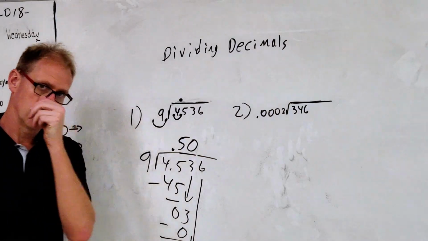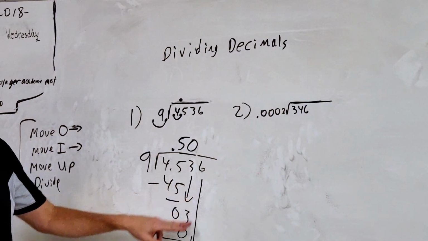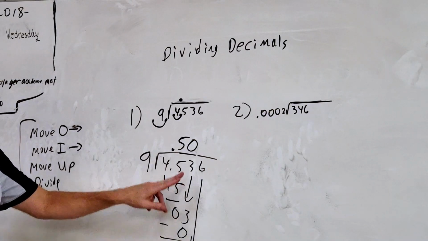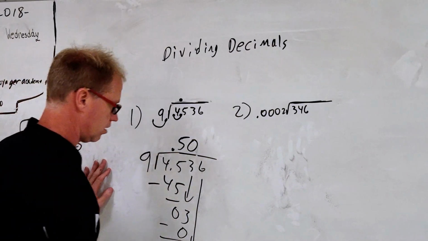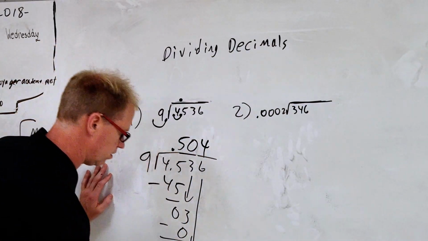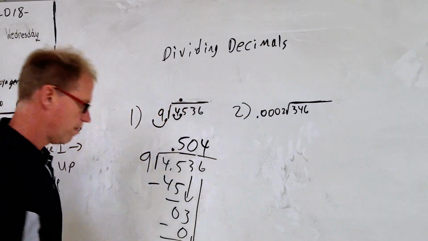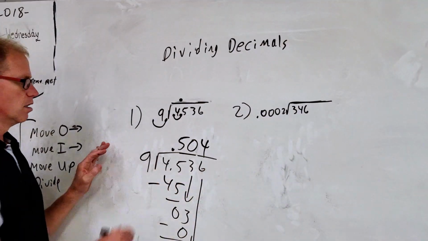And I've done math for a lot of years, and what I would suggest is always doing these arrows, because if you're sloppy like me, it's going to be hard to read. So 9 goes into 36 4 times. 4 times 9 is 36. And now the remainder is 0, I'm past the decimal so I can stop. So there's your answer,